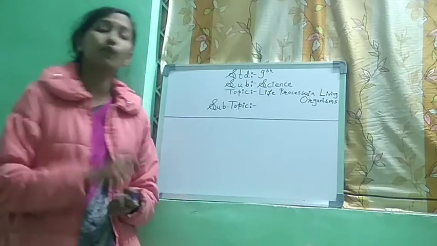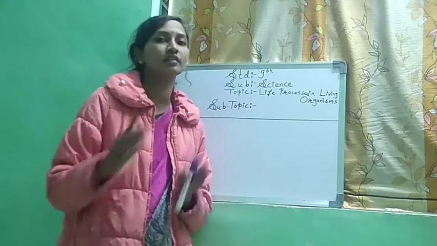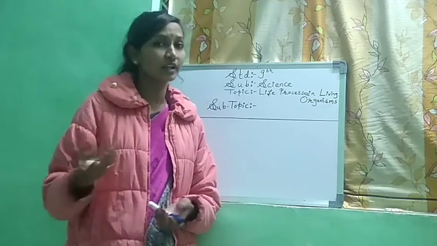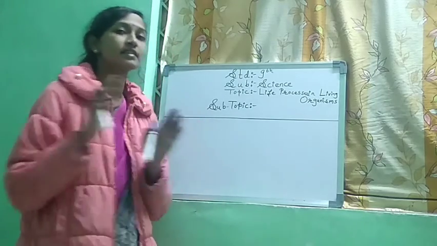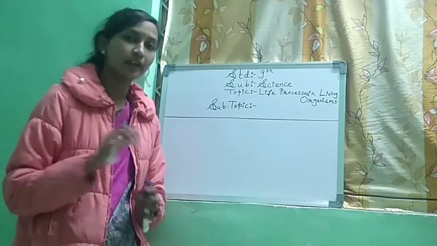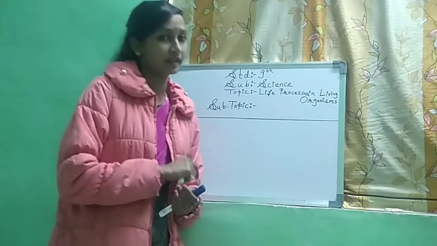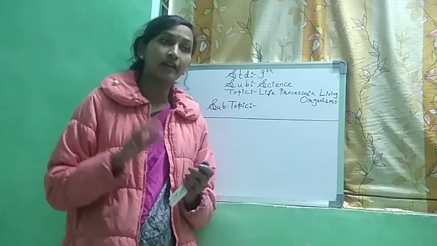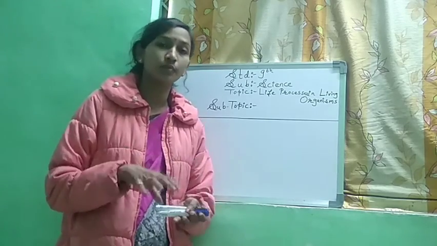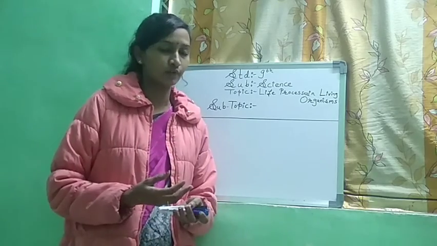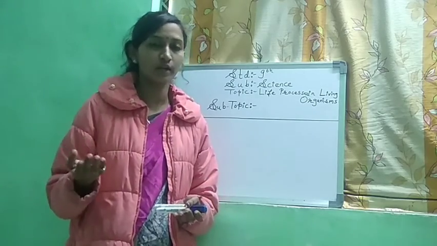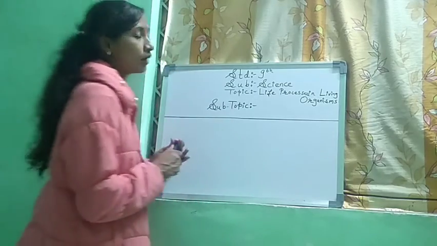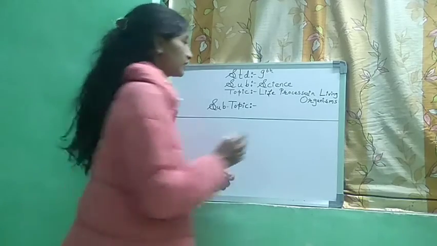Okay, but what happens when plants are living? Do they require some food material? Do they require water? Besides carbon dioxide and oxygen, they too require certain materials. Water is absorbed from the soil, and food materials are also required for them, and transportation is important for that purpose. So today we will learn about transportation in plants.